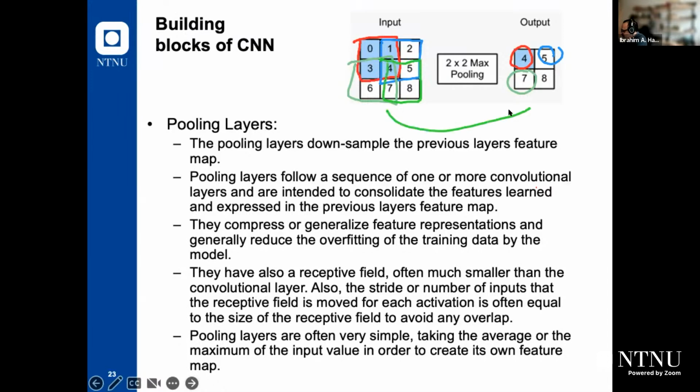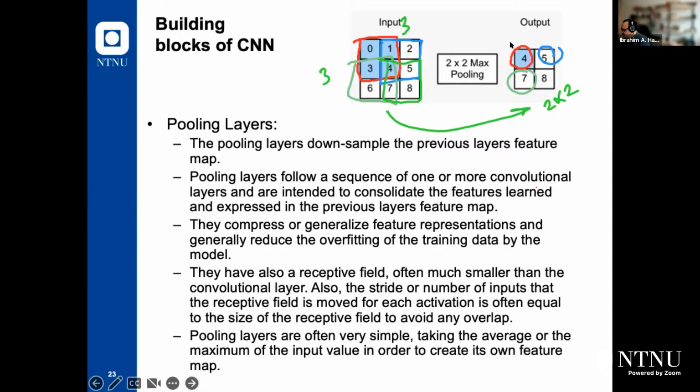So in this case, we do some downsampling. The input feature map was 3 times 3, and now the output feature map will be 2 times 2. So we do some consolidation or data compression. You can say that it tries to compress this feature map into a lower dimensional feature map. We will reduce the dimension of the feature map. And it has two functions. In fact, the first, we try to consolidate those feature maps, and we try to downsample the feature